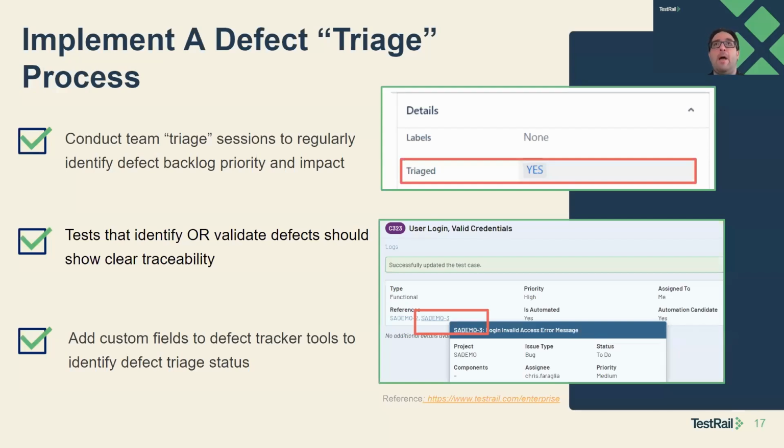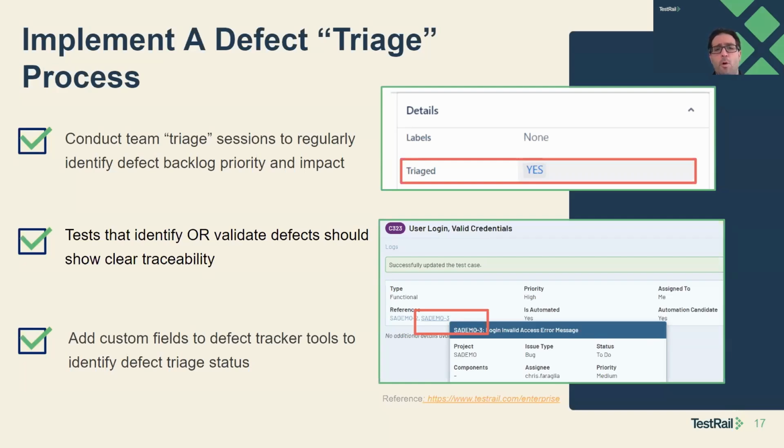But the idea is I now have a way to query and see all the items that we've not run through, again, through working agreement. What does the triage process look like? We confirm priority, severity, impact of the customer. Everybody agrees on it. And then we can mark a triage, knowing that we've looked at it and the state that it's in has been validated with our stakeholders or our team. It gives you a concrete way to quantify this and manage it.